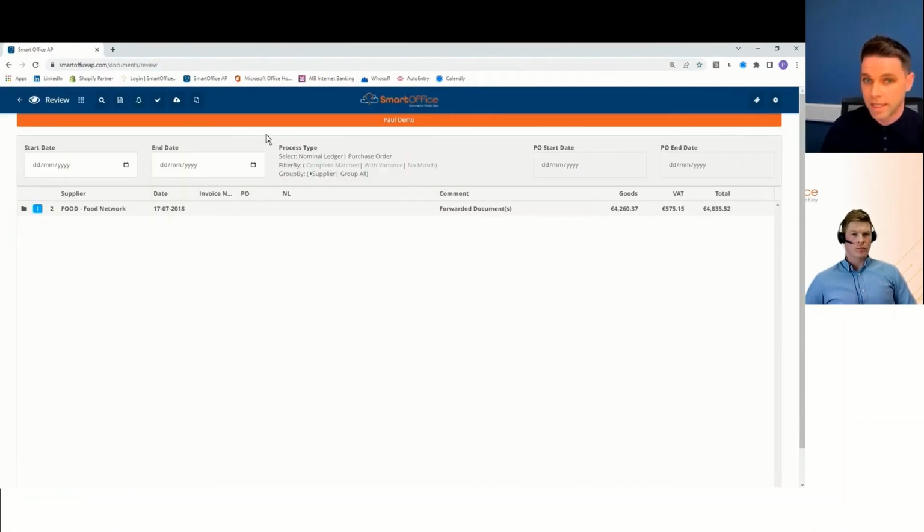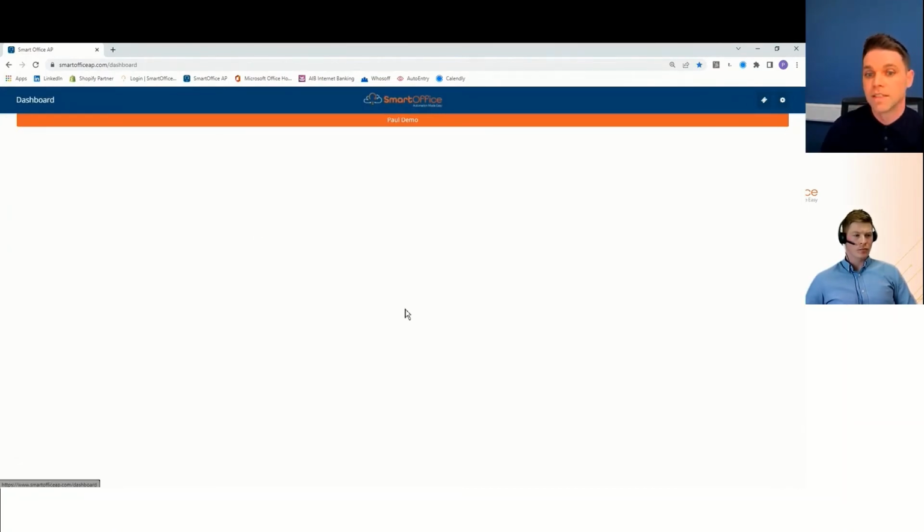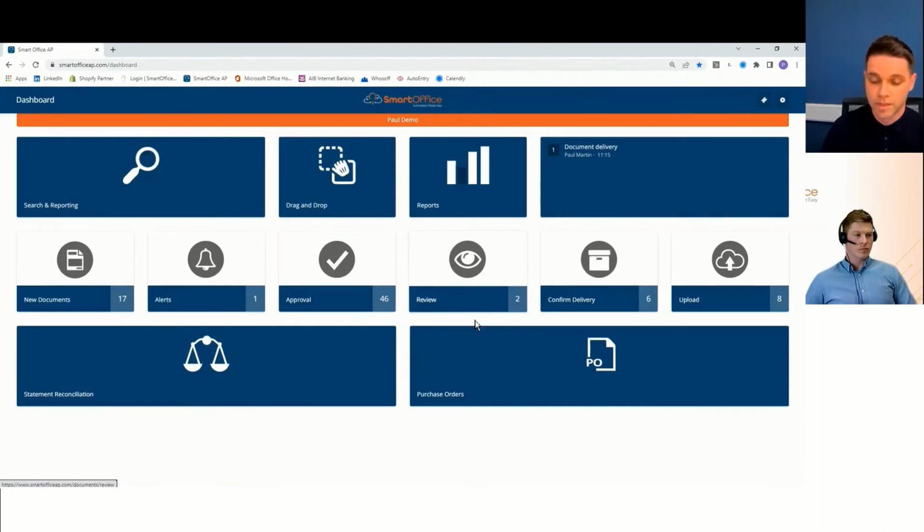The screen looks the exact same as the approval, but it serves a different purpose within the business. Confirmed delivery, guys. Last piece that I'll speak on here is, again, one of the most important things in business: checking whether you've actually received. Just because the invoice matches the PO and the pricing is correct doesn't mean that you've actually got the stock. And when you've got multiple locations, that can become quite difficult.